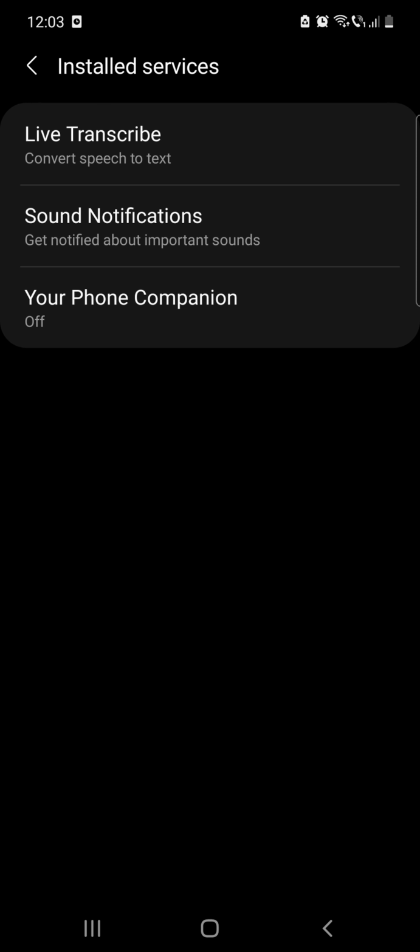So let's start. First go to the settings, then scroll down to accessibility, after that to advanced settings, to installed services. And here you can see the first one is Live Transcribe, which is for converting speech to